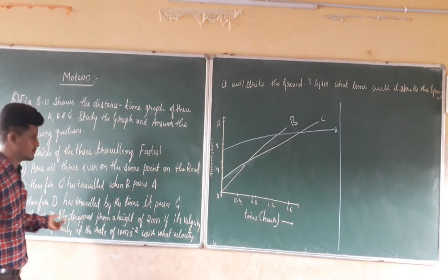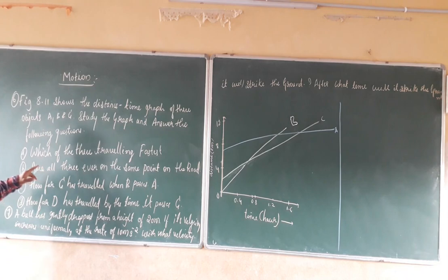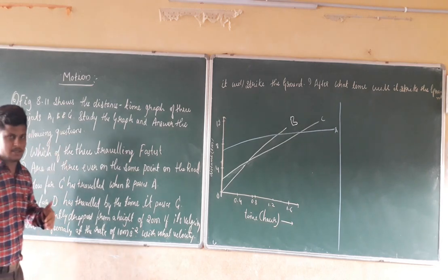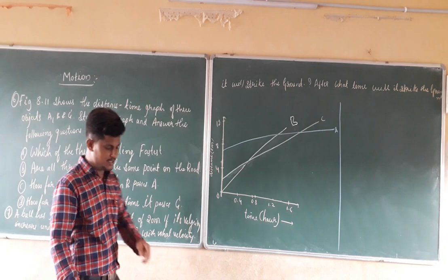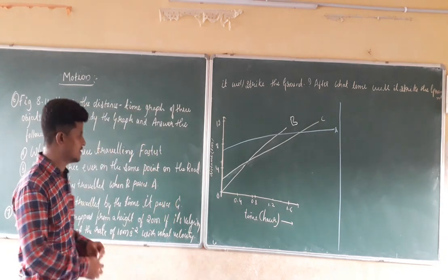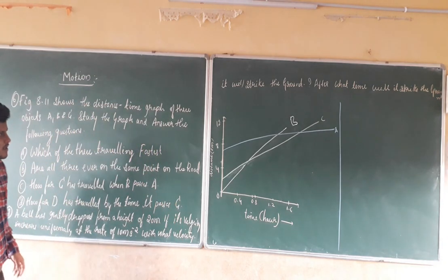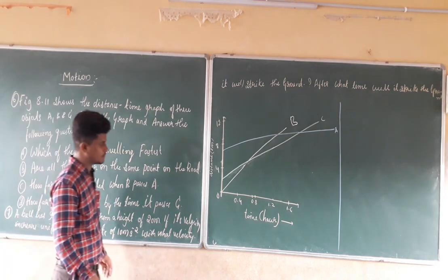There are 4 questions. The first question in the sixth question is: which of the three is traveling fastest? Is it A traveling fastest, or B, or C? We have to calculate it. When you see the graph,